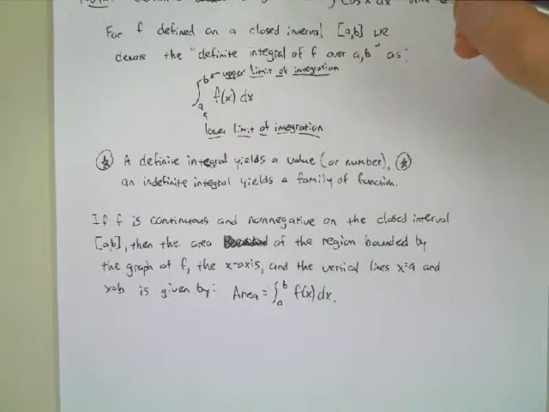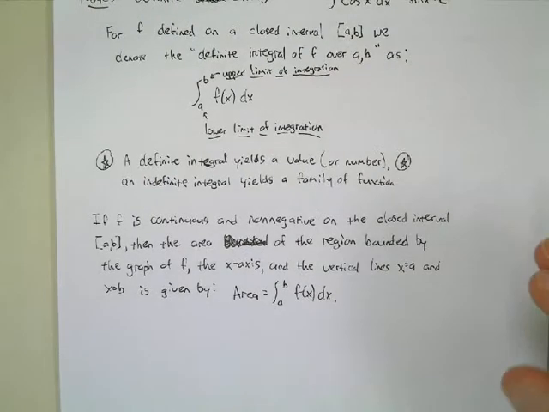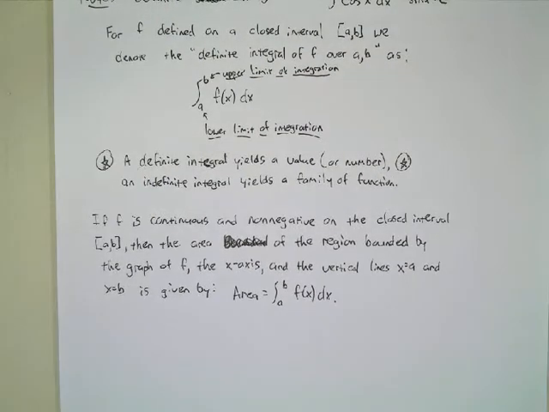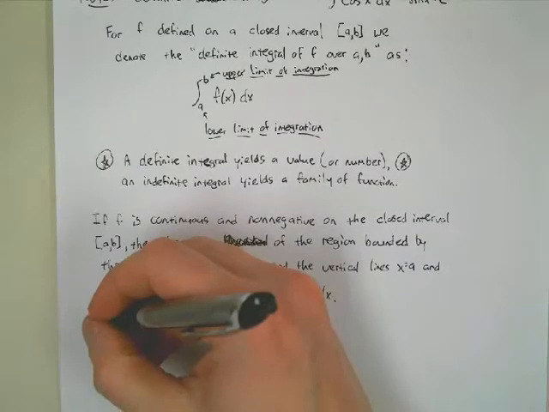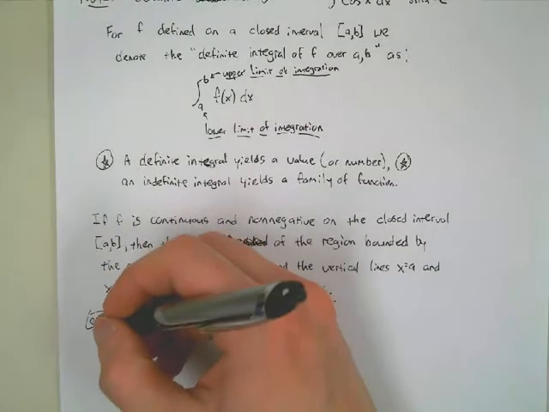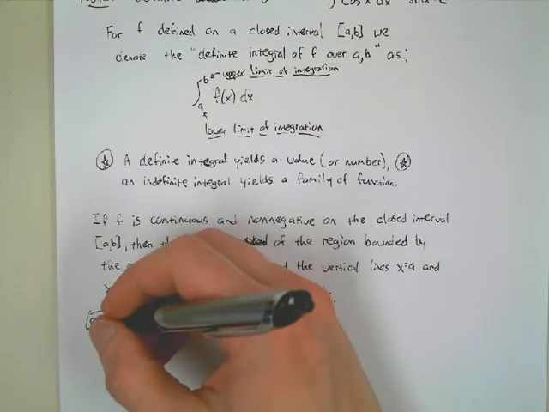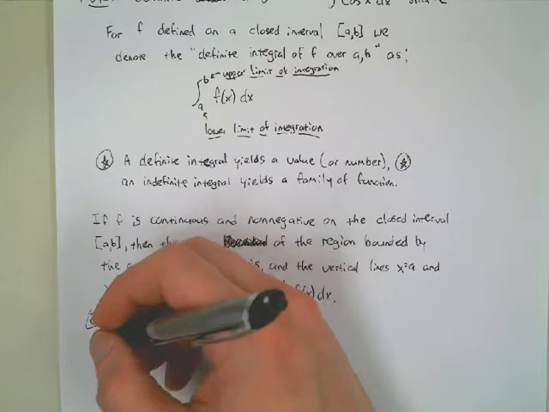So that's what's happening here. We're adding up an infinite number of rectangles that are infinitesimally thin, and that allows us to then create this area. So let's actually see it in practice here. For these first examples, we're going to start out staying in our familiar territory of geometry. So let's sketch